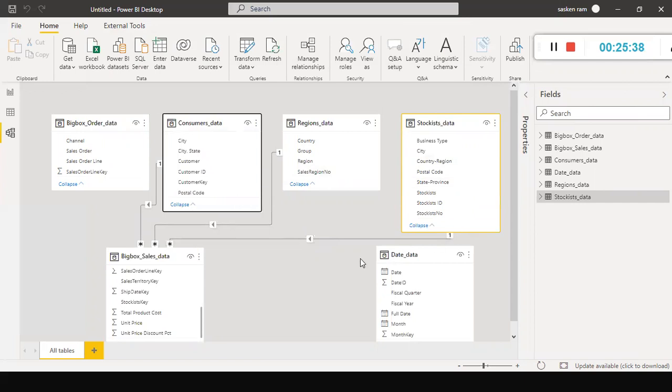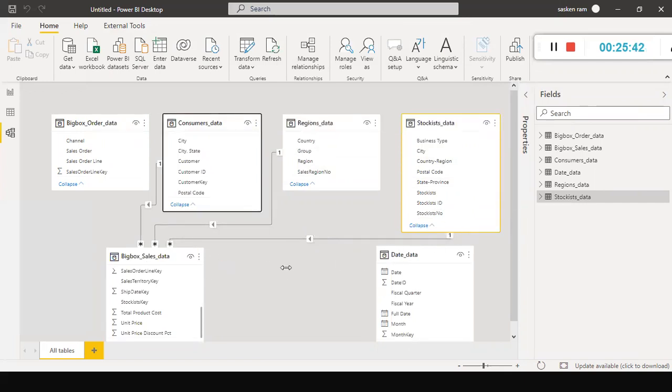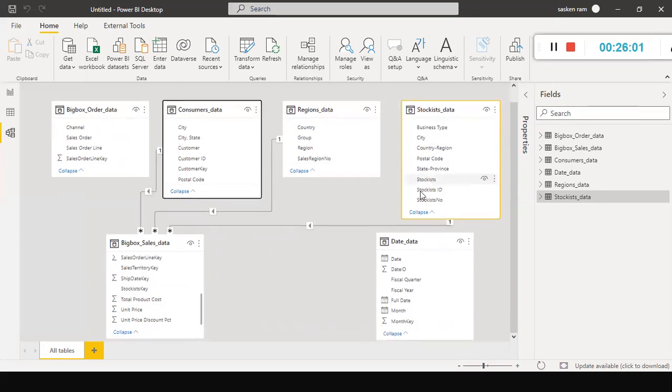Look here, automatically the link got created. I did not do drag and drop manually. I just opened the manage relationship. So there are two ways of creating the relationship. Just drag and drop the column between the dimension table and the fact table. But when you drag and drop the column from the dimension table to the fact table, you should know which column you should use to link up with which column here.